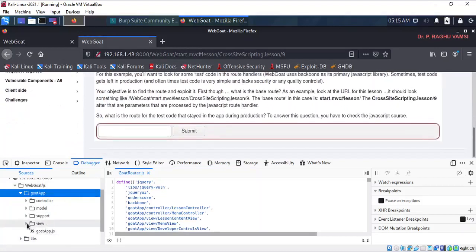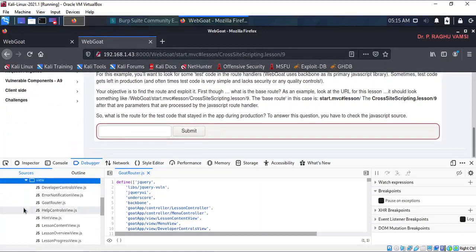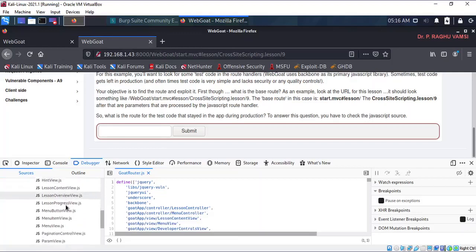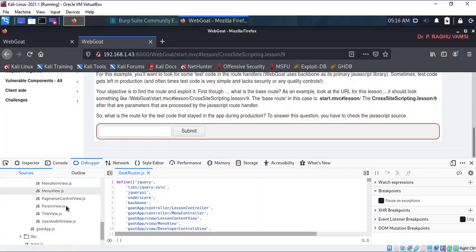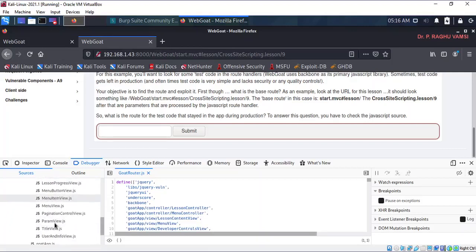So let us move to the view and see what JavaScript files are available: developer controls view, error notification view, goat router, menu view, parameter view, user authentication view. These are the views available.